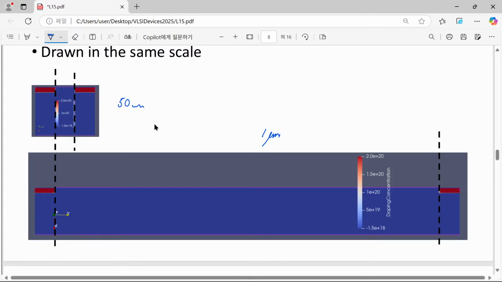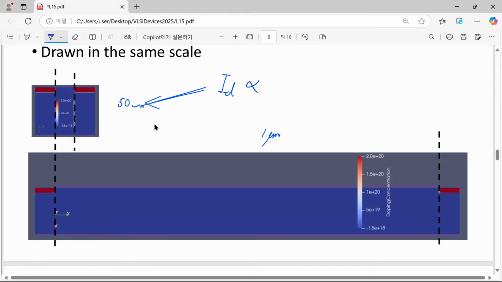So when you have these two different devices, which one is more conductive and which one is less conductive? Obviously, this short channel device should be much more conductive,